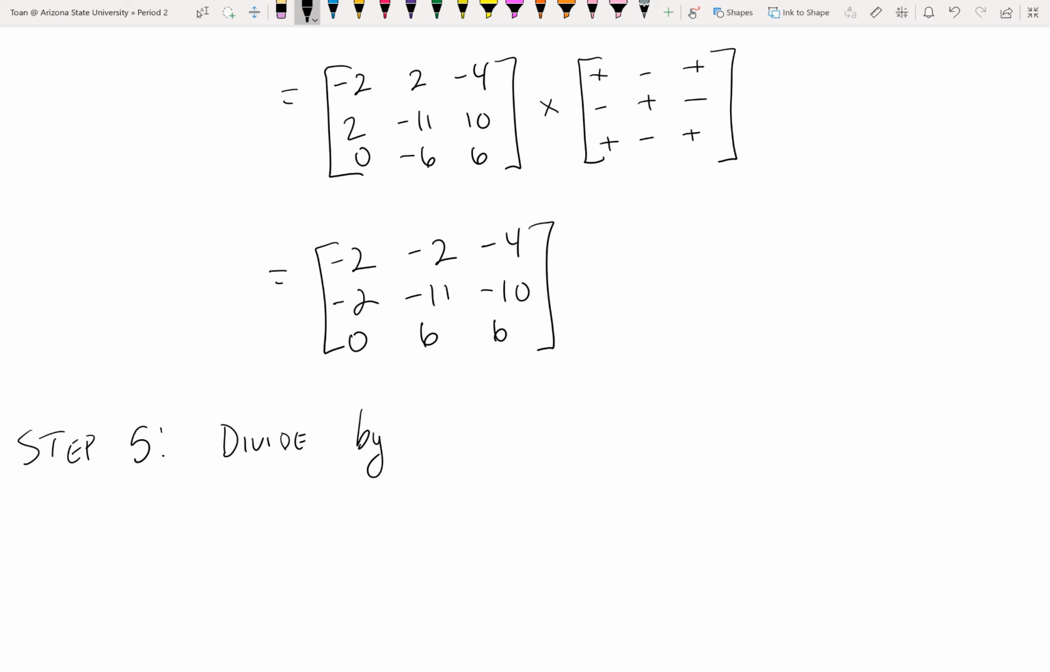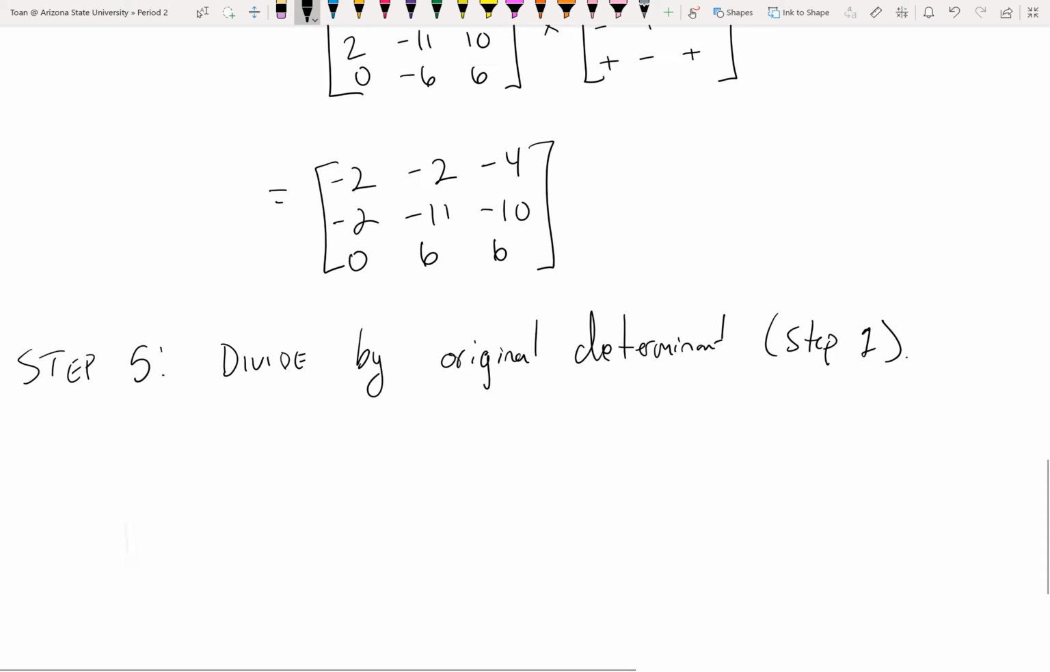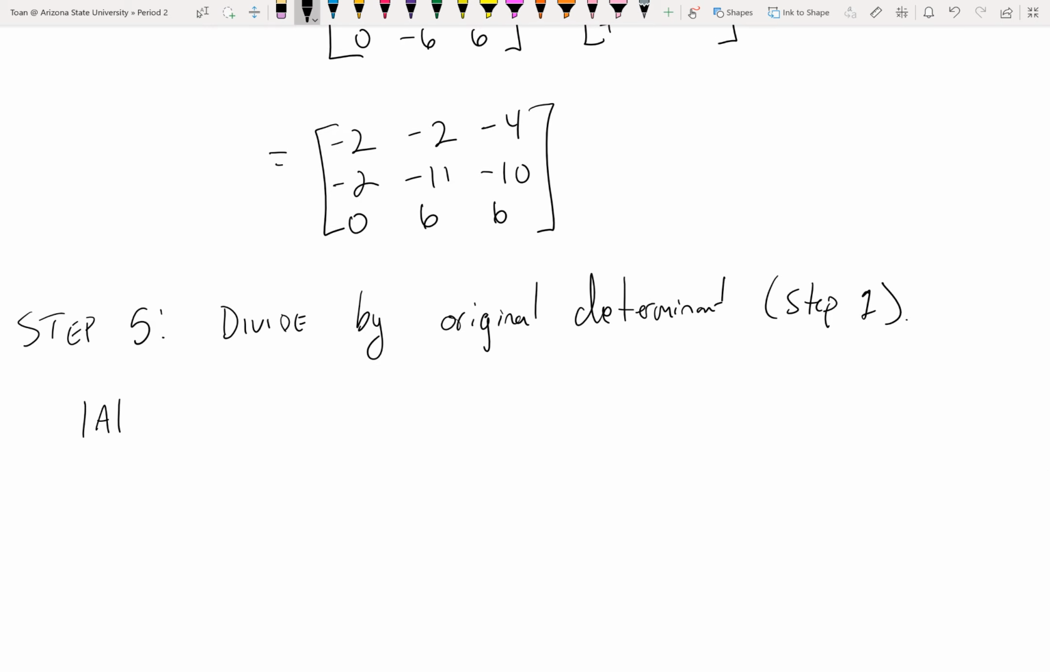Divide by the original determinant, which was step 1. So recall in step 1, our determinant was negative 6. So therefore, the inverse matrix is